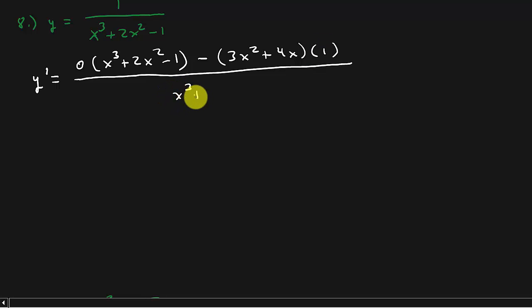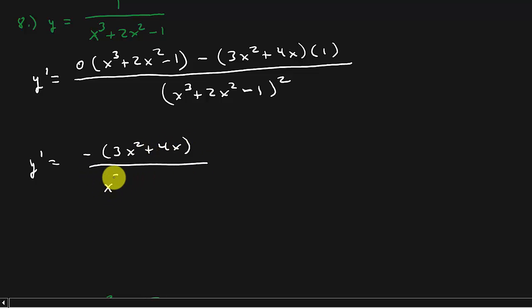So that's x cubed plus 2x squared minus 1, and then all that squared. So this is nice. This right here, this goes to 0. And so I get y prime is equal to negative 3x squared plus 4x over x cubed plus 2x squared